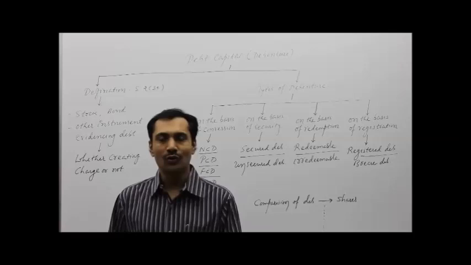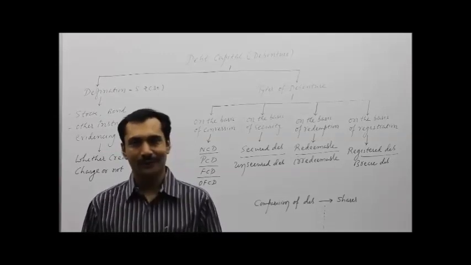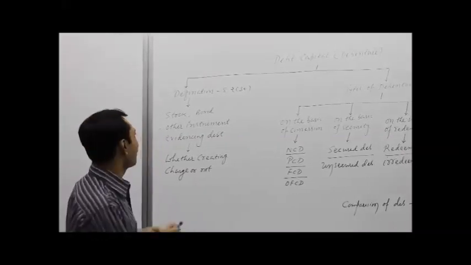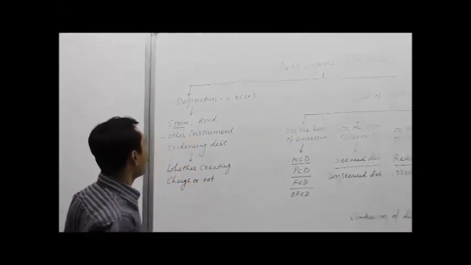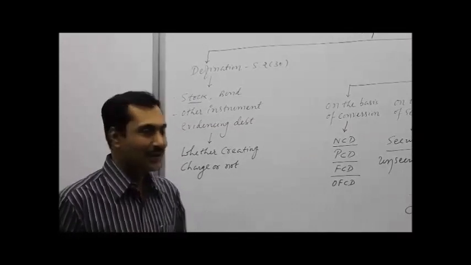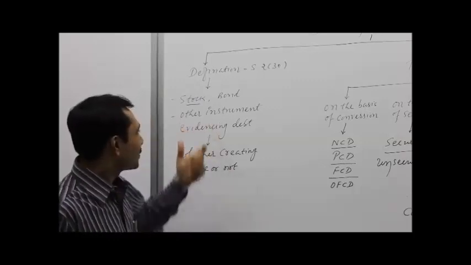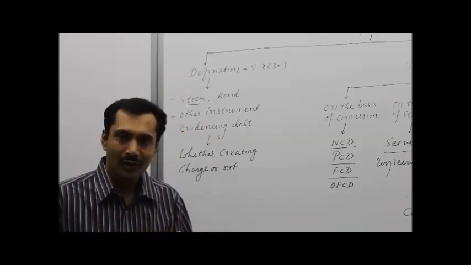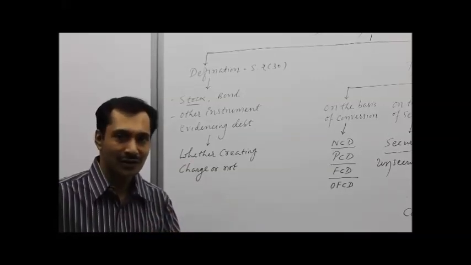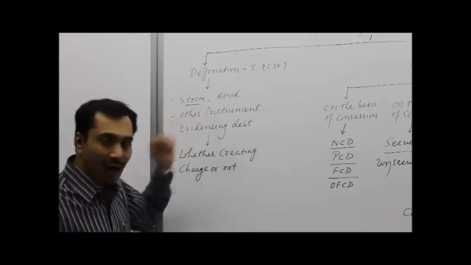Yes, section 2 clause 30 of the Companies Act 2013 defines the word debenture, and it reads as: debenture means debenture stock. However, it is written as a stock in the definition, and many students understand stock to mean inventory. But remember, stock means inventory under accounting, not under the Companies Act. Here, stock means either debenture stock or a stock certificate. I will explain the debenture stock in detail a little later on. The definition suggests that debenture means debenture stock,